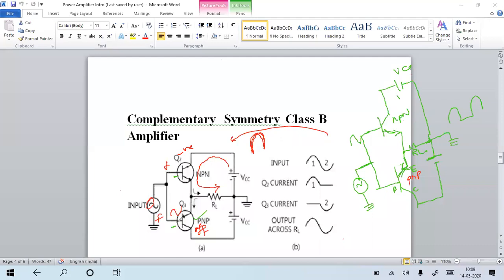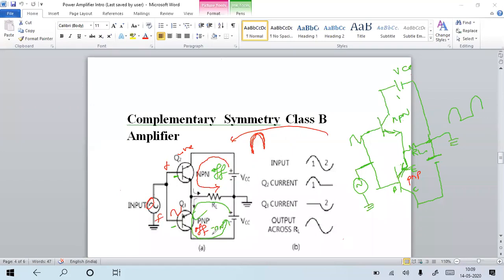So what will happen? When the negative signal is given, it increases the reverse bias. So again, this NPN transistor goes to the off state. But for the negative signal, what about the PNP transistor? It maintains the on state. What is the current flow? Current flows from collector to emitter, that means emitter to collector. Current flows in this direction.